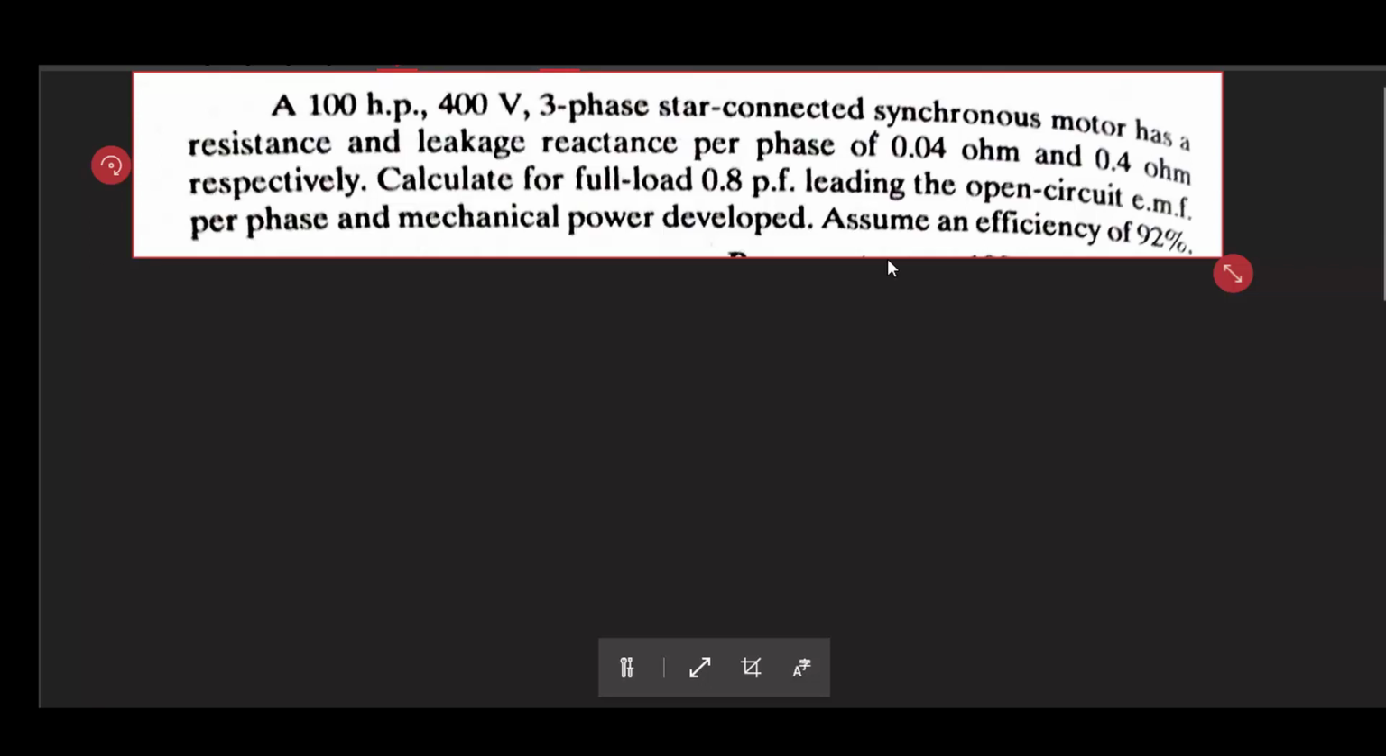So how should we proceed? Basically, power input we first have to calculate. So power input will be how much? Power input will be